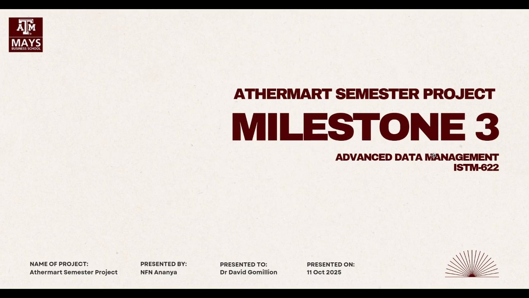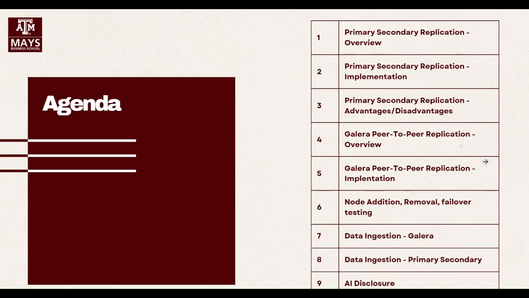Everyone, my name is Ananya, and here I am again with Milestone 3 of the Advanced Data Management course. So, the agenda for today's presentation is that we will be discussing two types of replication. One is primary-secondary, and the other is Galera peer-to-peer replication. For both of these replications, we'll see the overview, we'll implement it, and we'll see the advantages and disadvantages